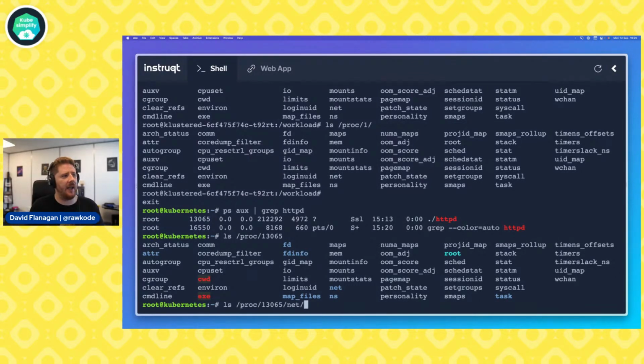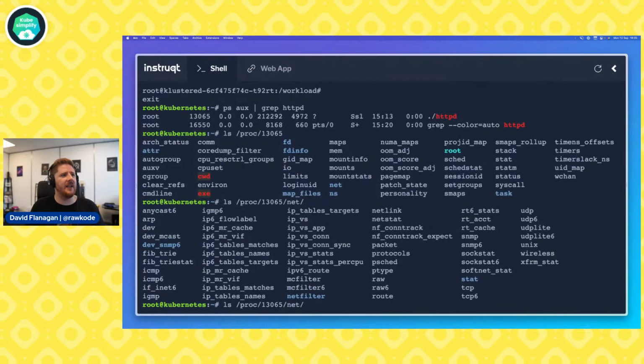From there, we have a net folder, and we can get a whole bunch of information from in here. So you can actually process this to work out if there are any sockets that are bound on a port. I'm trying to remember what file it is now. Let's try sock.